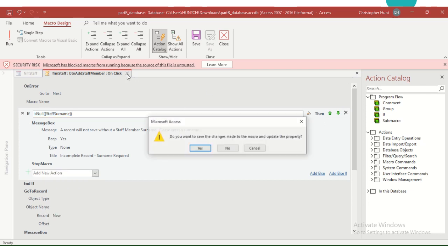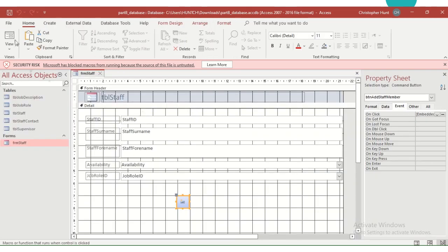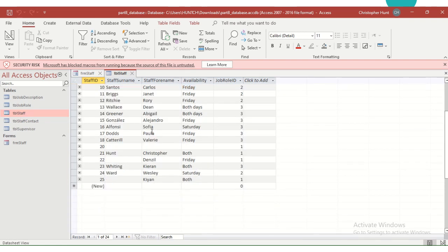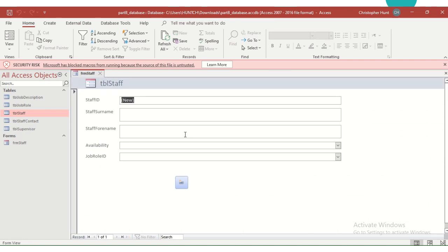We can click on save there. Yes, we want to update the methods, the properties. Go into here, we're on the new form. Let's have a look in the table staff. At the moment, we've got Kian Patel added without a surname as number 25. That's the last one. And so now let's try